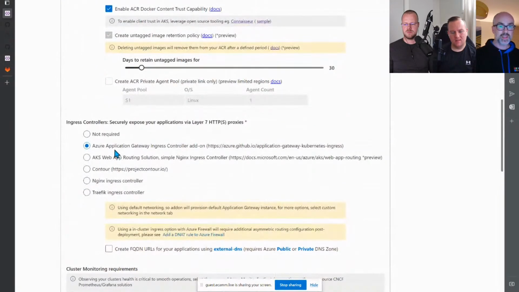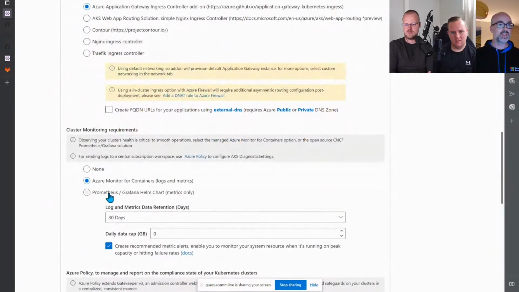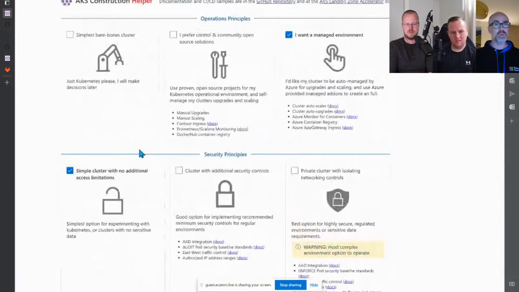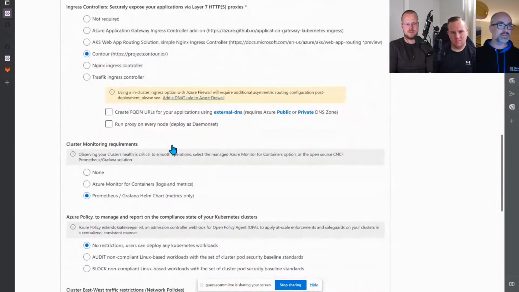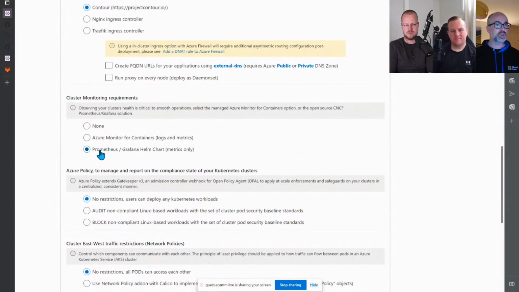We'll have App Gateway in here and a bunch of other ones, but it'll always be the Azure solution. Or if we went back up and said, okay, I actually prefer open source, we'll come back down here and we've now got Prometheus going on, and we've got Contour as the ingress. So we're jumping around the presets a little bit based on your stance.